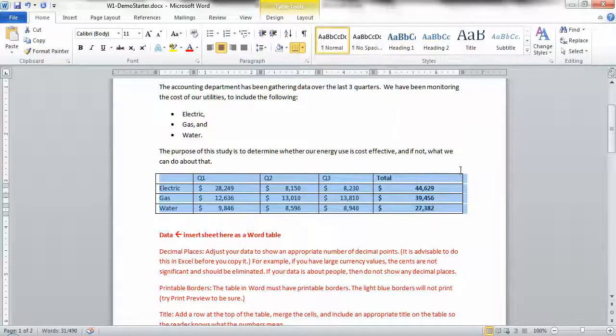Alright, it would have been nice if I'd done that in the beginning, but then you wouldn't have seen all that dragging stuff that you can do with the mouse. Alright, we're going to do a lot more with this table. We'll do that in the next video, and I'll see you